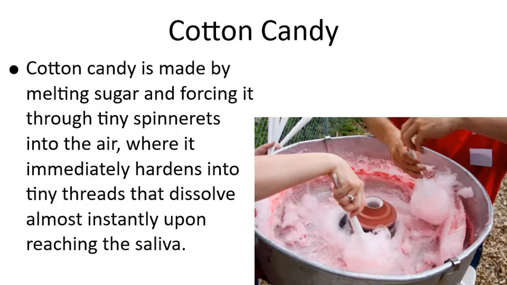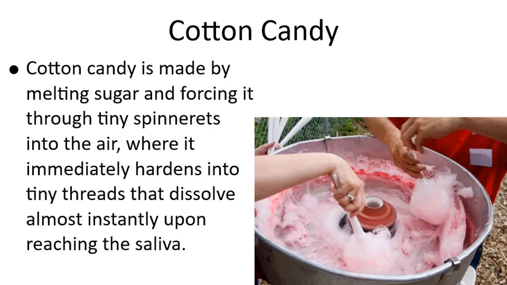Cotton candy is made by melting sugar and then forcing it through tiny spinnerets into the air, similar to how a spider forms the thin strands of its silk by forcing a liquid through spinnerets. When the melted sugar meets the air, it quickly cools and hardens into an extremely thin strand. When that strand then encounters the water in our saliva, it almost instantly dissolves, making the cotton candy fluff seem